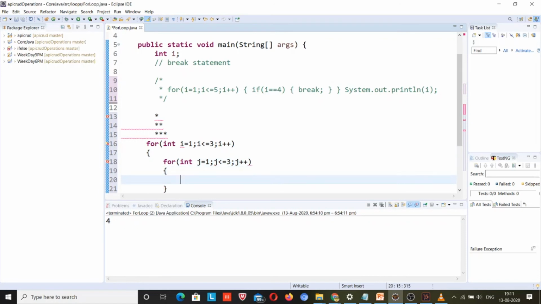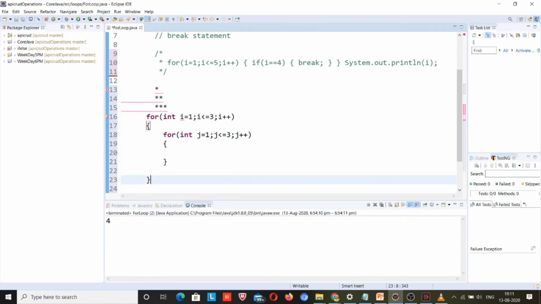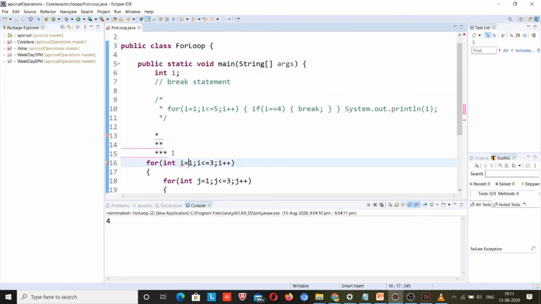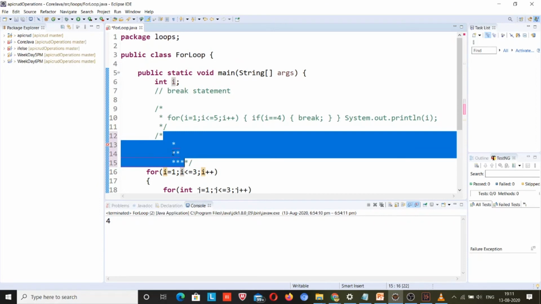So okay, what you have to do: first you have to print one star one time, then two times, then three times. What if I print j? Just listen carefully. What if I print j? What will be the output? If I print j, suppose i is already assigned. Okay, that's why it will also be commented.